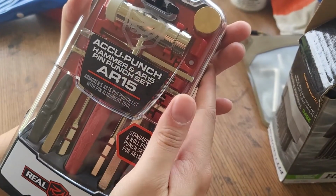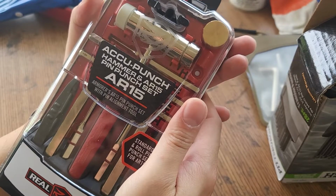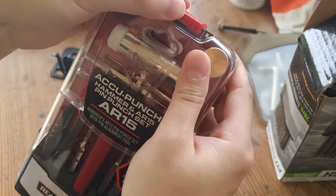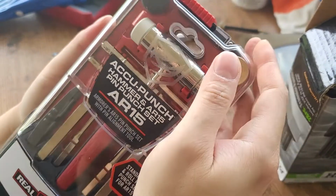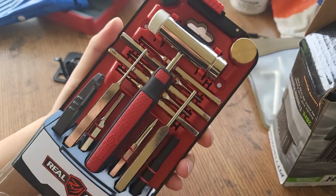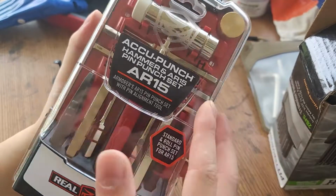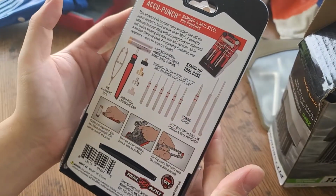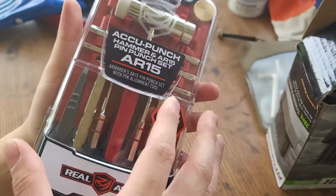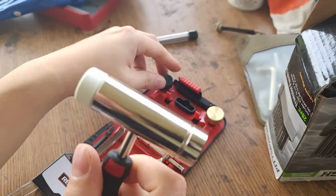Now, the other day I went to Academy and I saw this. Have you ever had that urge where you see one tool in a whole set that you really want, but you couldn't care for everything else? So this is one of it. This is one of those items where I couldn't care less for every other punch tool, but the item I really want here is the hammer. Now this is AccuPunch. You'll find this in pretty much all the gun stores, Academy, Bass Pro, and here's all the tool it came with. You can read that on. So yeah, looks great, but the main tool I bought this for is the hammer, the Thor hammer,